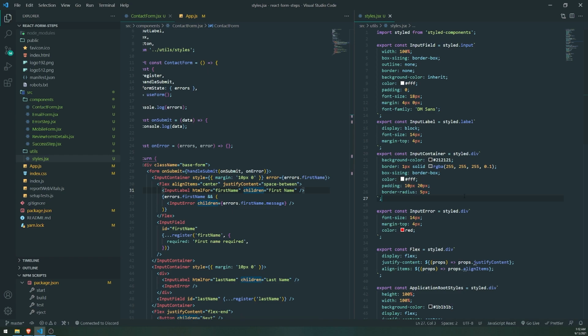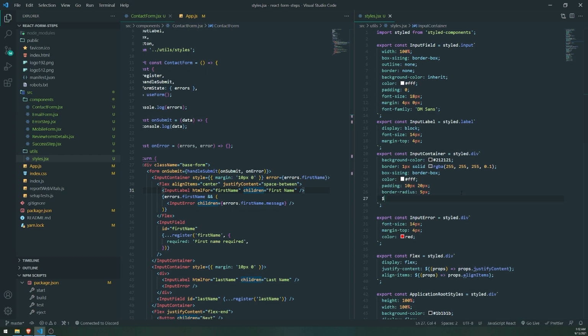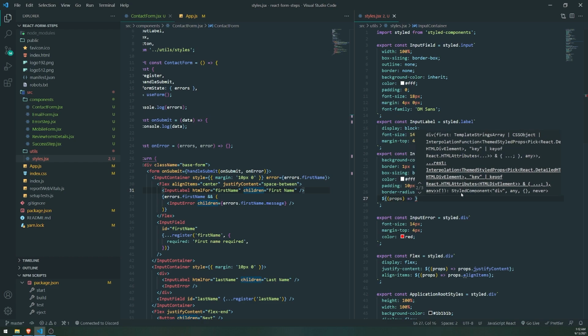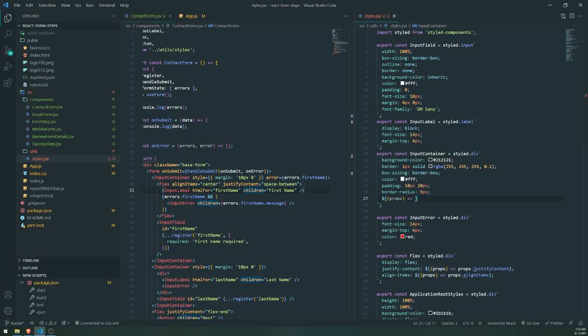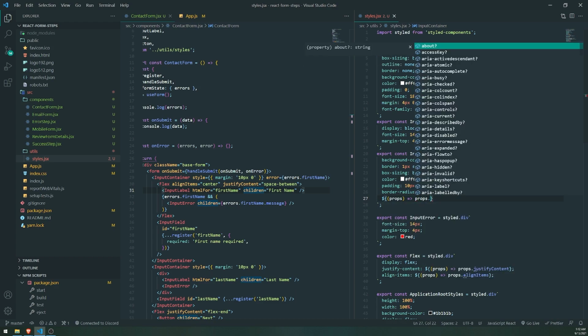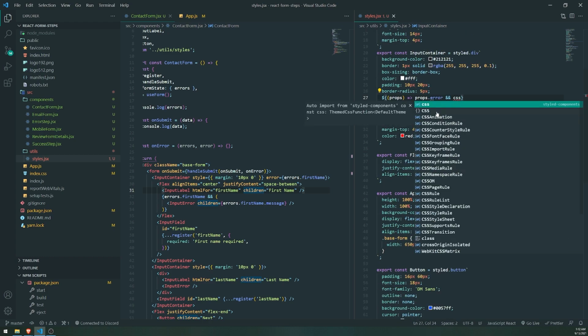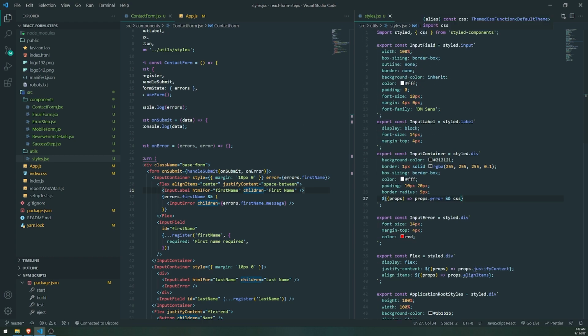In the styled component, all we'll do is reference the props property inside the template syntax, and check to see if props.error is truthy. If that's truthy, we're going to use the css